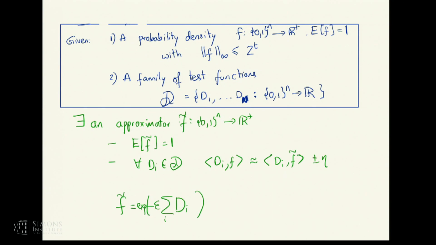So f tilde looks like that. It's the exponential of a sum of a bunch of d_i's. How many of the d_i's are you going to add? You're going to add at most, I need to use capital T,